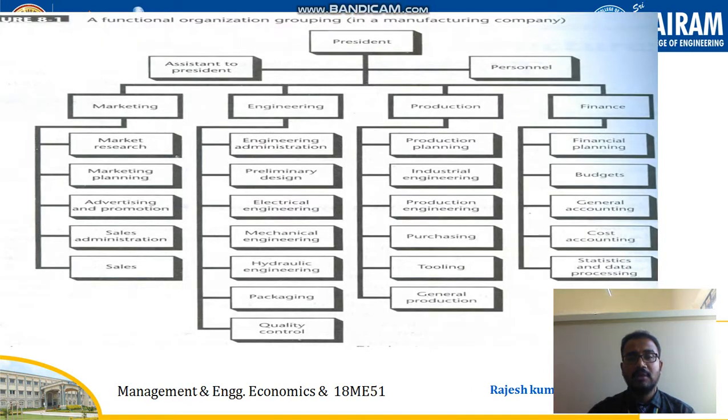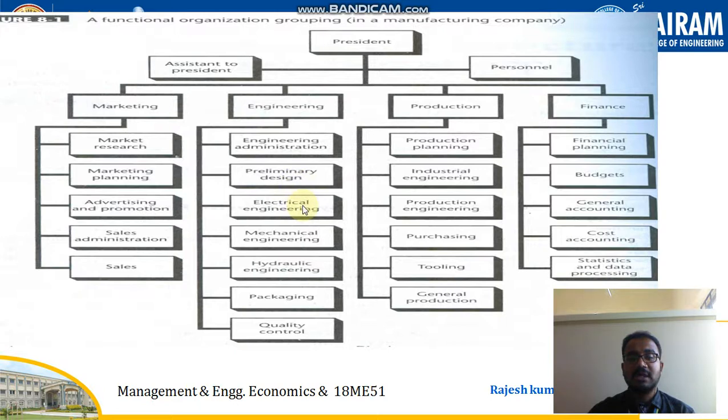In this flow chart, we can see a functional organization grouping in a manufacturing company, where the president and assistant presidents of the personnel are further divided into marketing team, engineering team, production team and financials team. Under each team, again we have market research, marketing planning, advertising and promotion, sales administration and sales, and under engineering we have engineering administration,